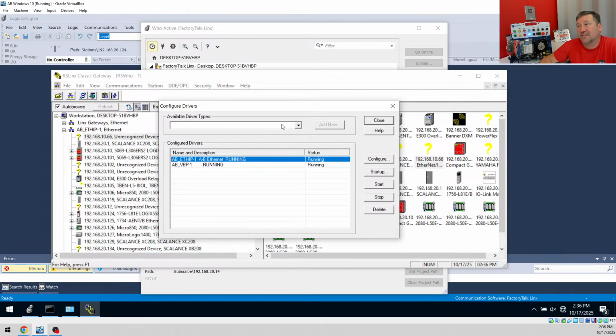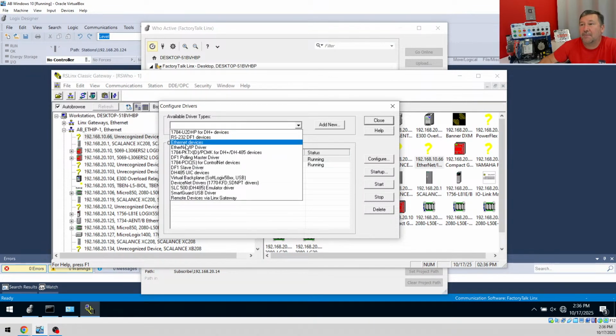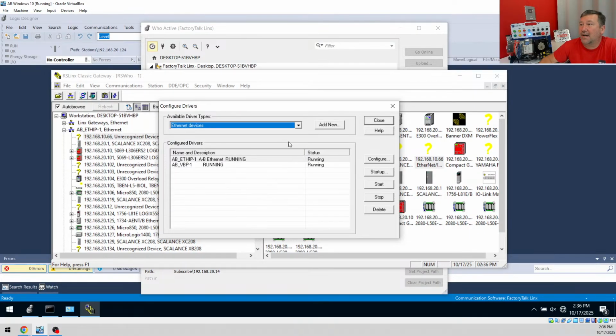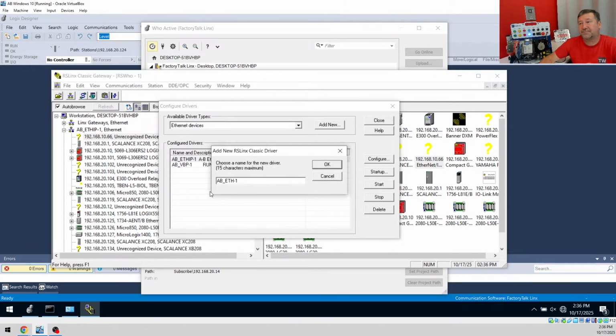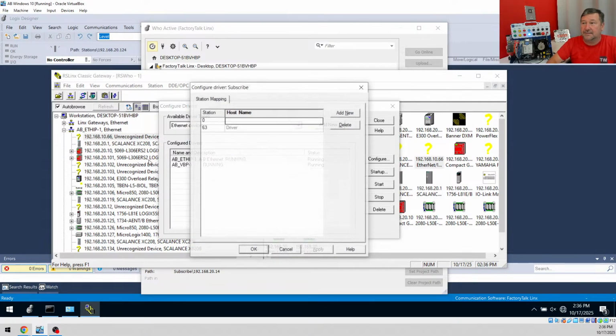But okay, let's just look at the way the Ethernet devices would look in RsLinx. So we're going to select an Ethernet devices driver, and we're going to click Add New. And just so they match, we're going to make this one also named Subscribe. And not as intuitive here, it's not telling you an IP address, but this host name is the IP address. So we want